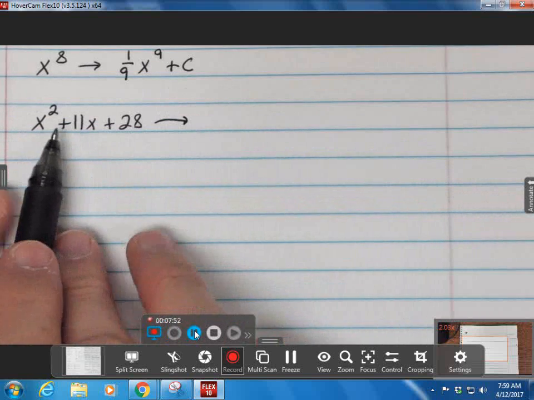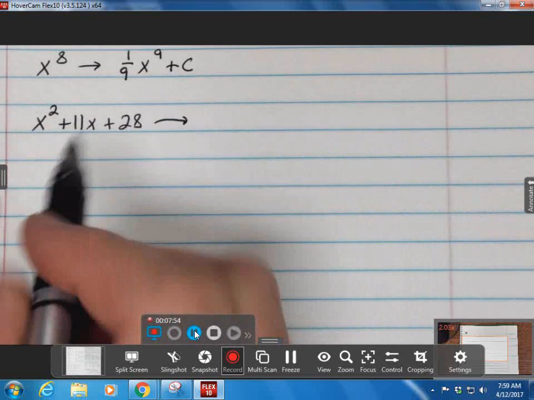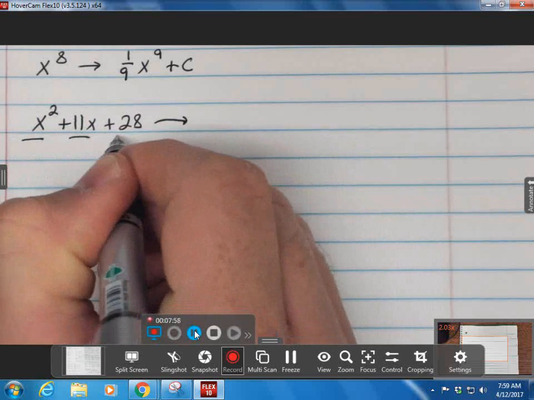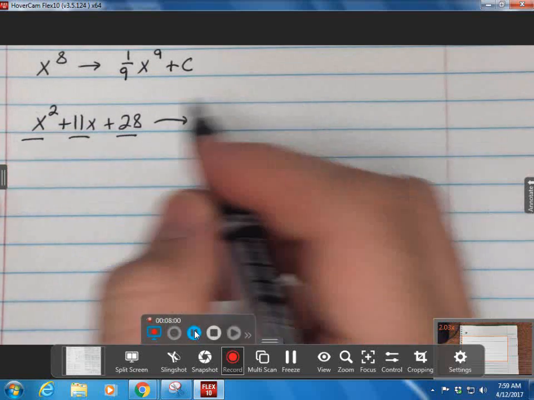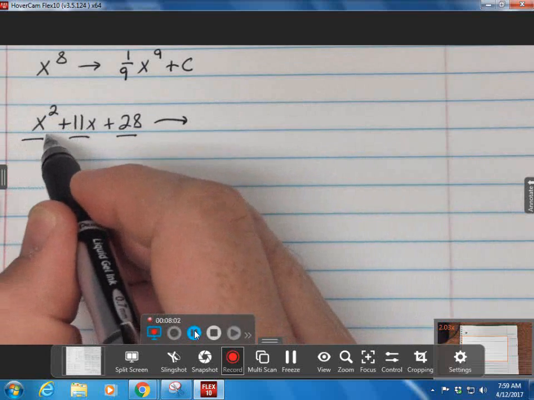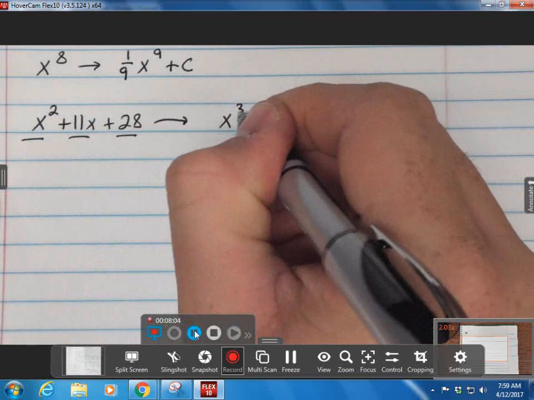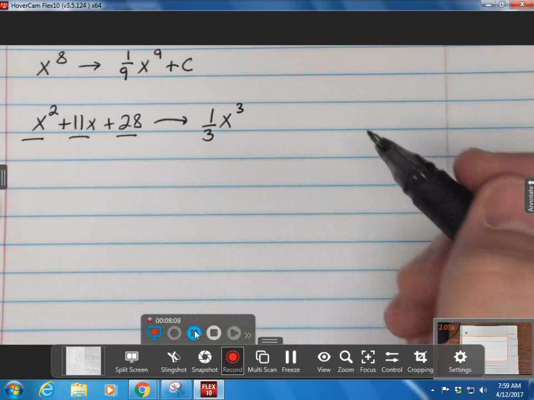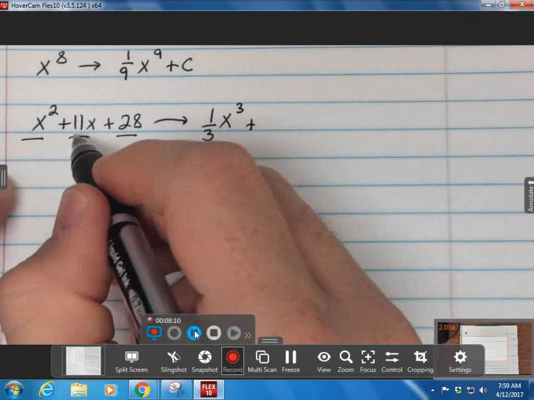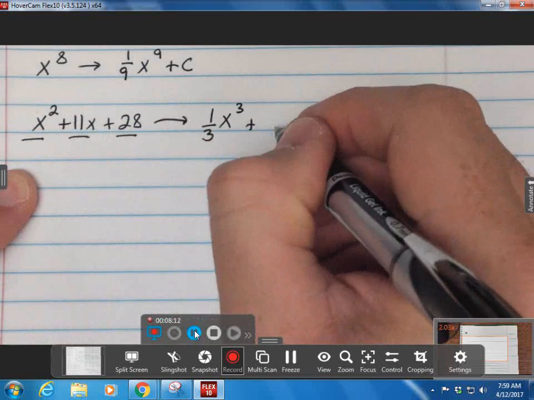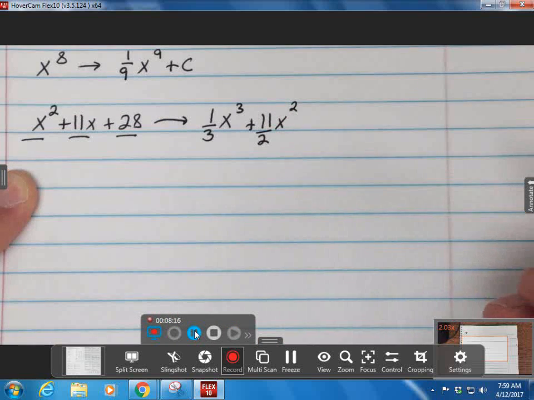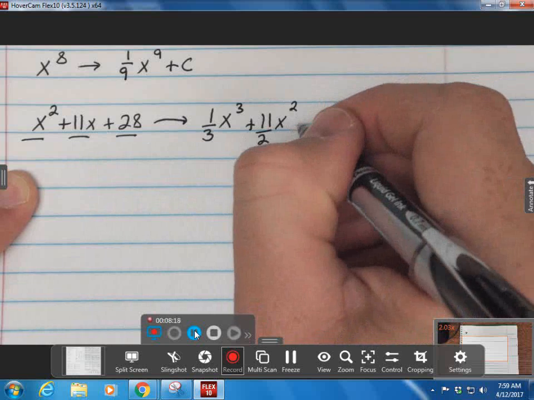All you're doing is you're splitting this three ways. This is three separate problems. Find the integral here, the integral here, the integral here, and you're finished. The integral of x squared, you're going to add 1 to the power and divide by the new power. It's 1/3 x to the third. Plus, the integral of 11x, we're going to add 1 to the power and divide the 11 by the new power. So you have 11/2 x squared plus